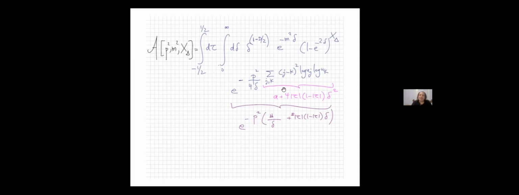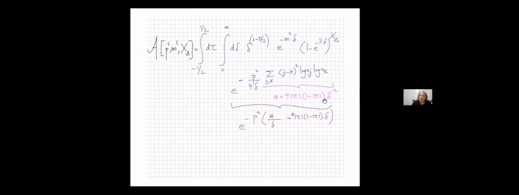And you can actually guess this form by looking at the asymptotics, both as delta goes to 0 and delta goes to infinity. In the asymptotic limits, it's easy to see that you get a constant here and you get this behavior as delta goes to infinity. You can do that with a little bit of work. So you might naively just add them together. And when you add them together and compare what this looks like numerically to this thing, it's extremely close. So maybe they might even be identical. Anyway, I'm not sure if they're identical or not, but it's an extremely good approximation if not.